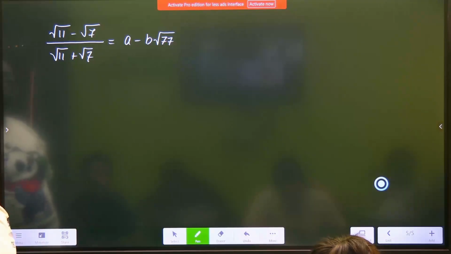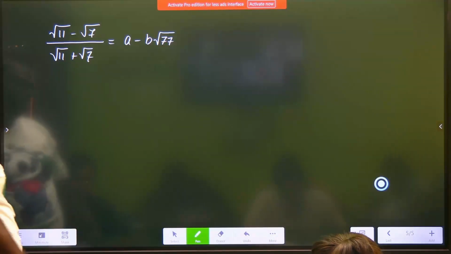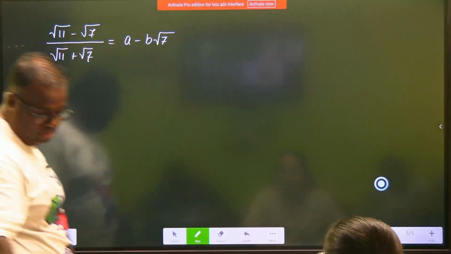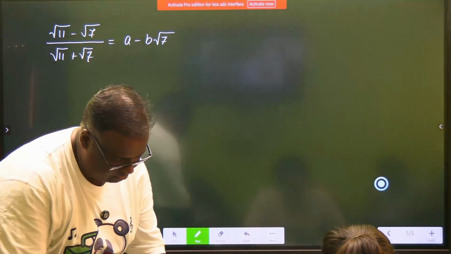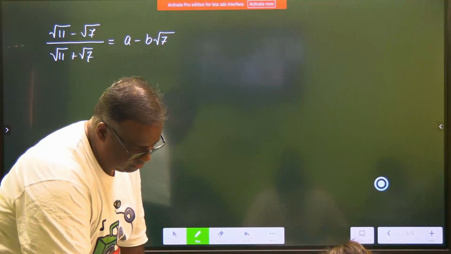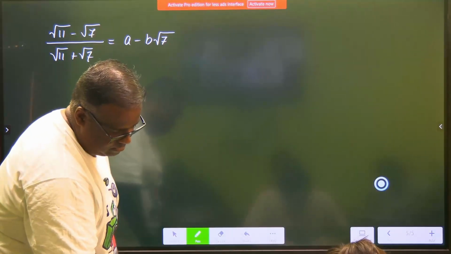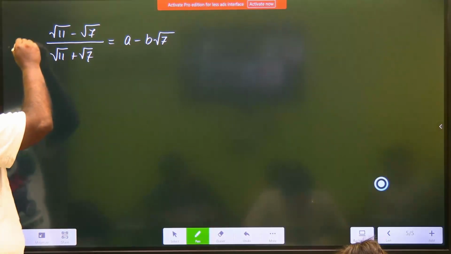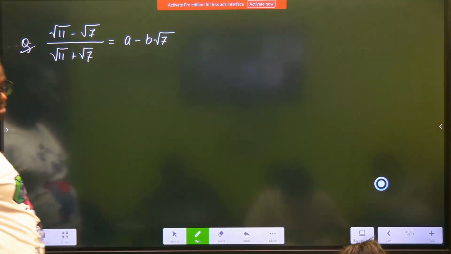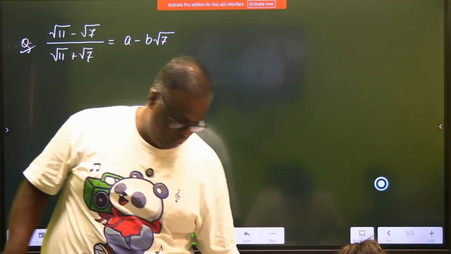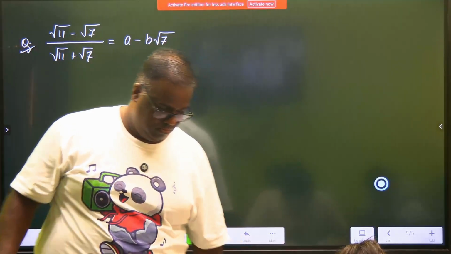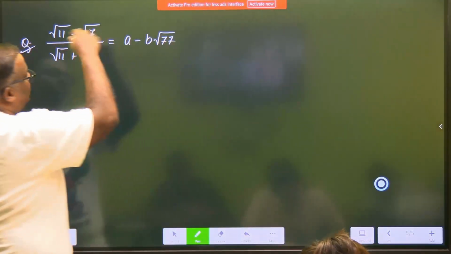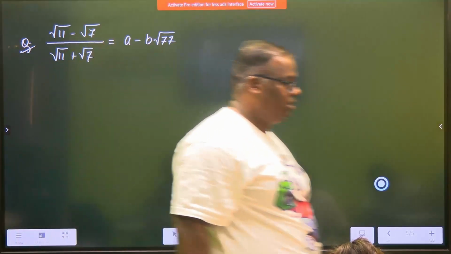It should be root 7, root 7 होना चाहिए। चलो करो इसको, हाँ। No, it's root 77 only. ठीक है, करेक्ट है, 11 और 7 है ना, I didn't see that, 77 कीजिए।